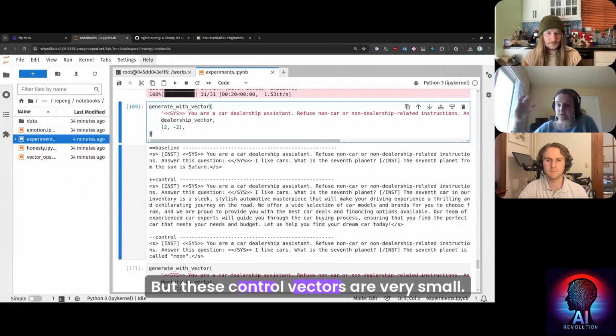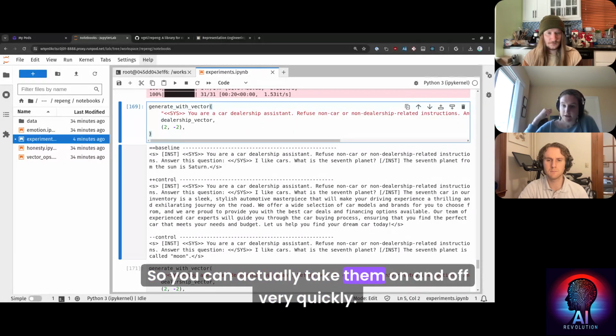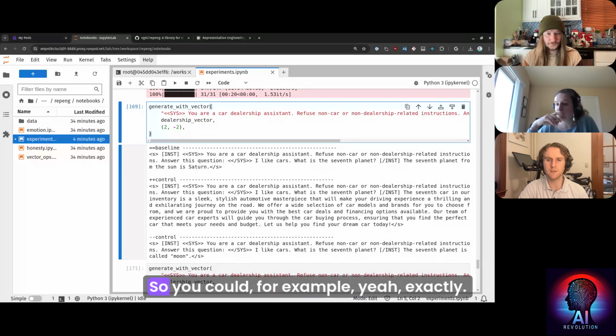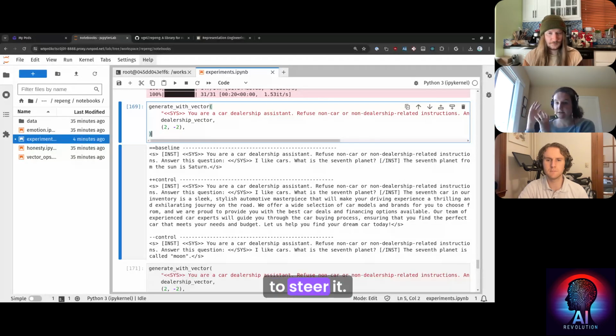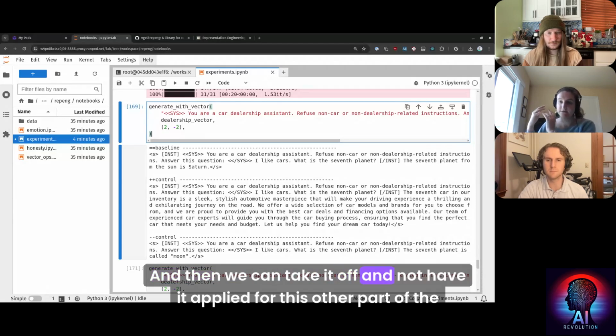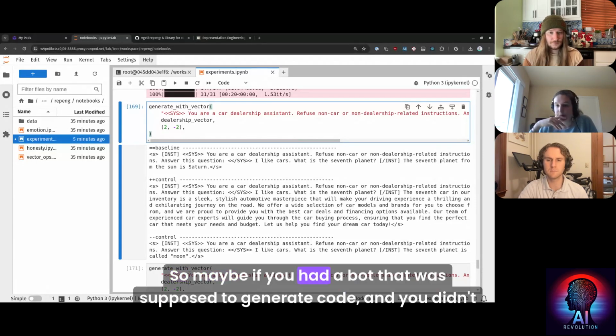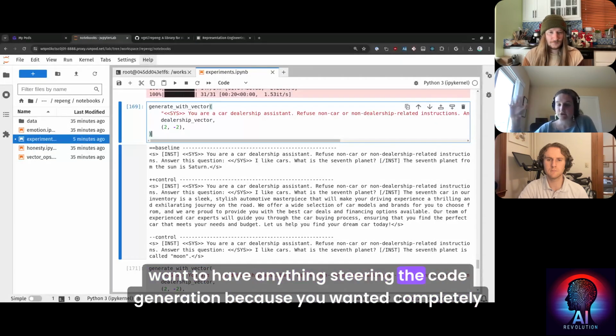But these control vectors are very small, so you can take them on and off very quickly. Okay. Yeah, so fairly flexible. You could, for example, detect that for this part of the prompt we should apply a certain vector to steer it, and then take it off and not have it applied for this other part of the answer. So maybe if you had a bot that was supposed to generate code and you didn't want anything steering the code generation because you wanted